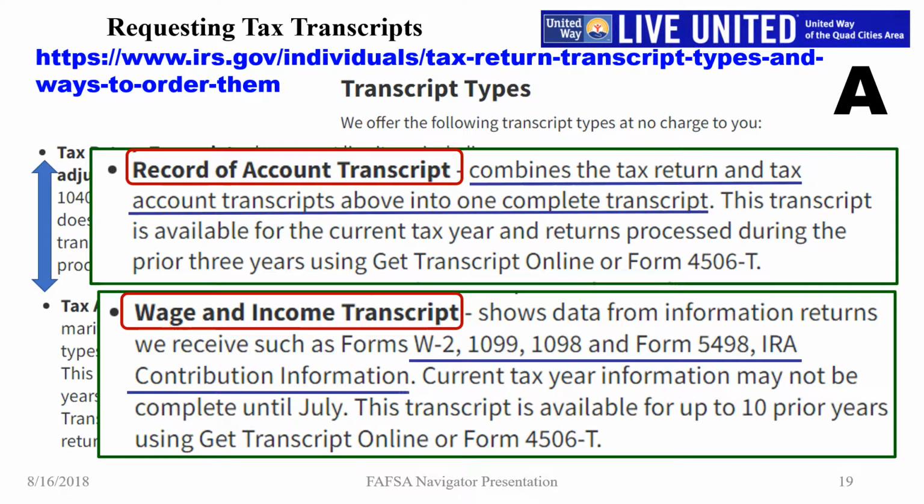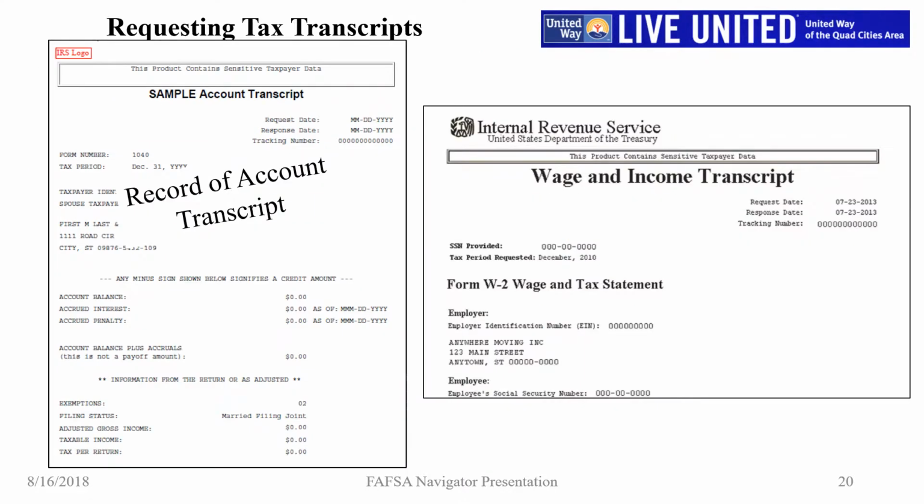Request a wage and income transcript for the income forms that were received by the IRS from employers, businesses, and organizations: W-2s, 1099s, and IRA contributions. Remember, the transcripts are printouts of the tax filing form and income form data from the IRS database, not the forms themselves.